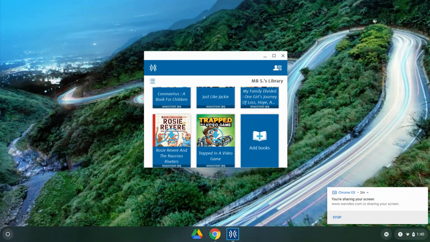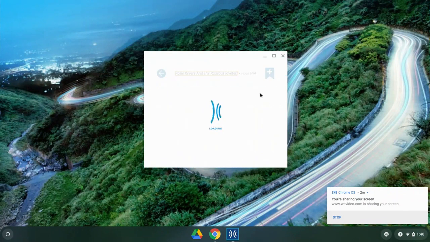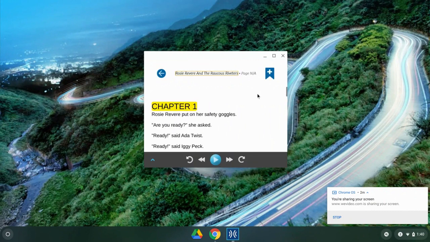Now I'm going to click to download this book. It just takes a moment. And when you see this play button, you can hit play. And now the book is going to highlight and read me the story, and I get to hit play and